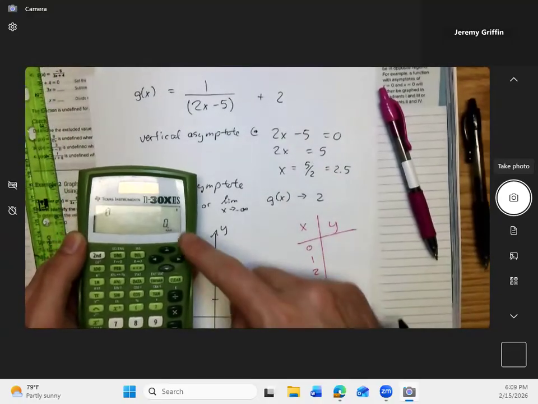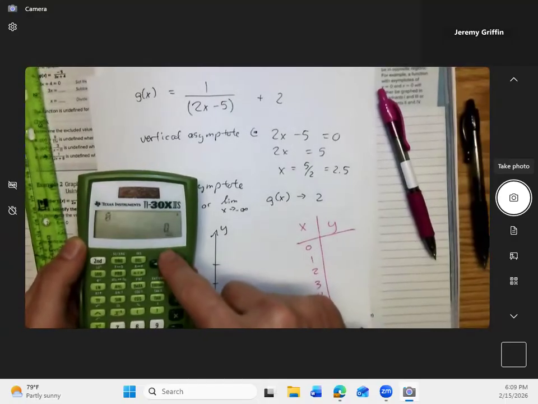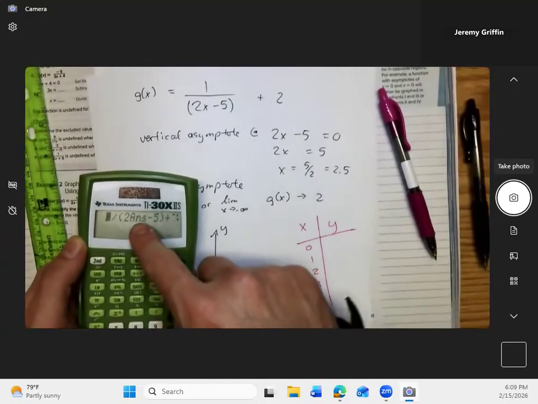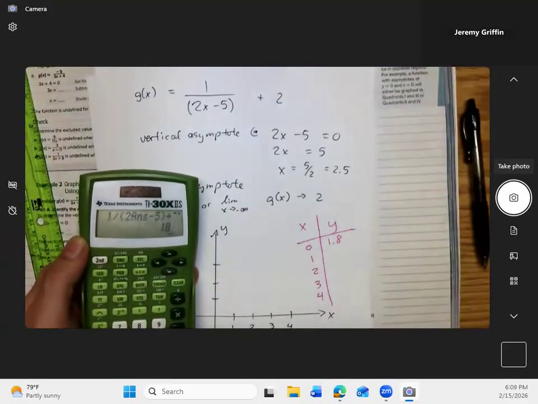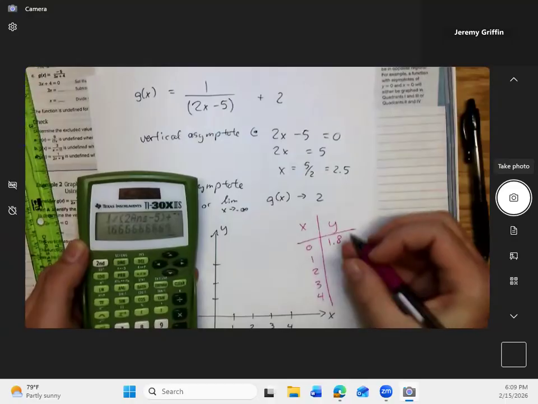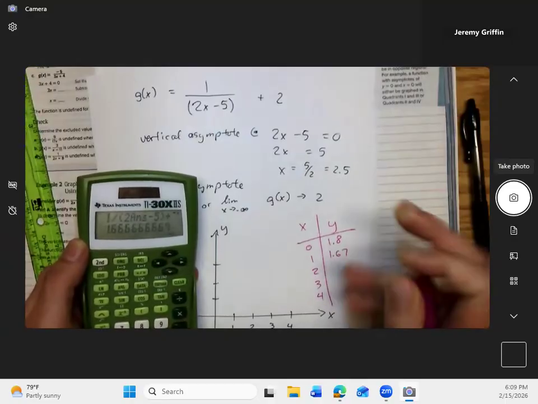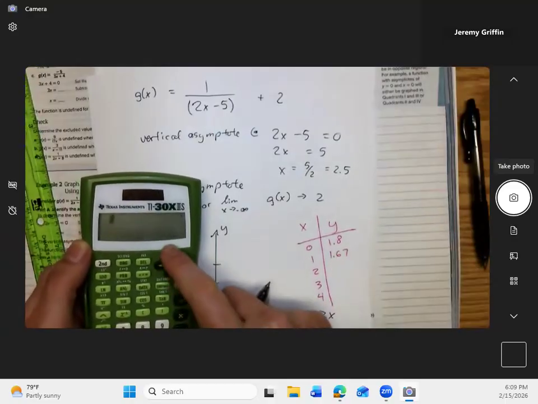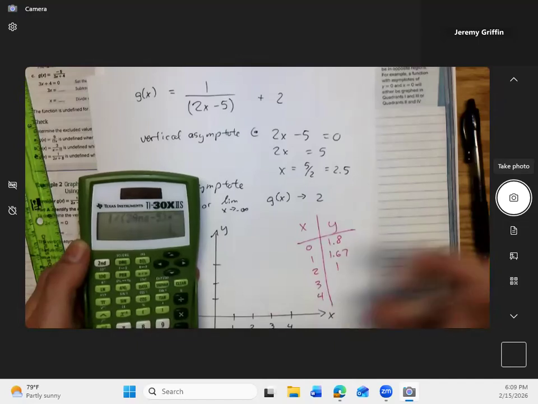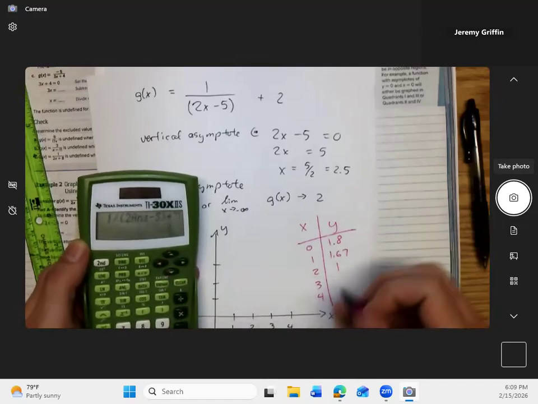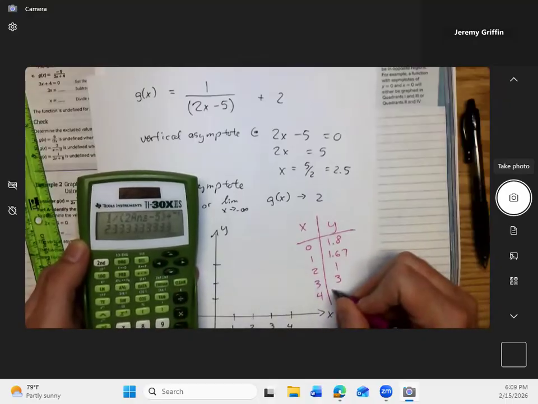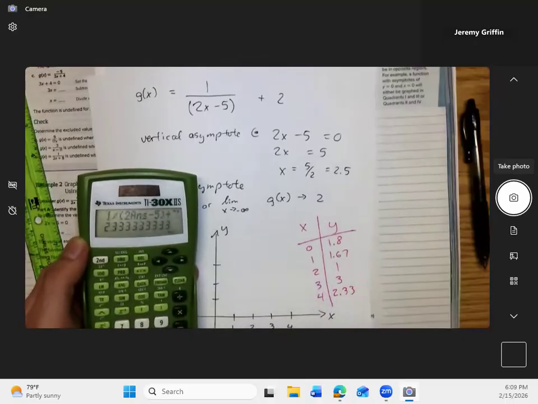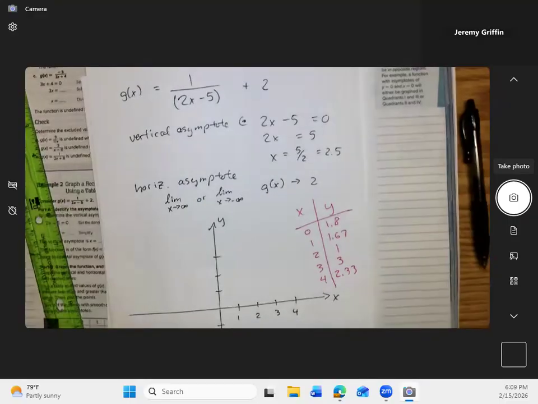So if I plug in 0, now the calculator's thinking, okay, something about 0. You scroll up, plug 0 into this expression, and it'll tell you exactly. It says 1.8. 1, scroll up, plug in. You got 1.67. I'm rounding a little bit. 2, I get 1 exactly. 3, I get 3. 4, I get 2.33. Right. And I could go on, I can make a table as big as you want, but let's plot